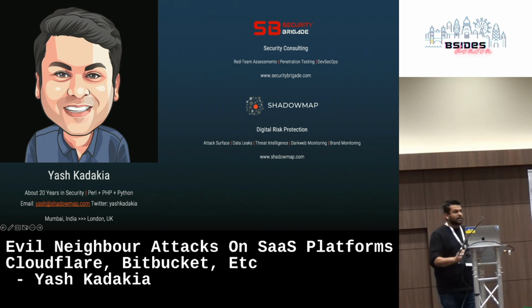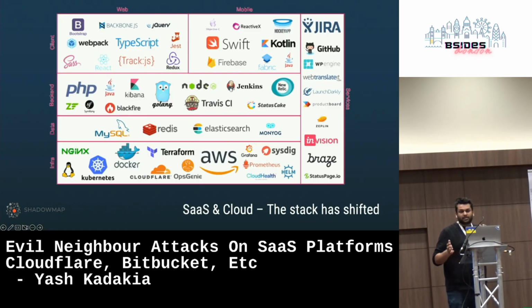So as part of our red teams, right, we run across a lot of really interesting scenarios. And SaaS and cloud has sort of changed the stack that we typically deal with, right? I've spent about 18 years doing red teams now, and traditionally red teams were always oriented towards your traditional perimeter, right? You're looking to get onto Active Directory, you're looking to do lateral movement once you get onto the network and sort of go from there, right? In the last couple of years, we've been doing a lot more red teams that are startup oriented, so a lot more SaaS oriented, a lot more cloud oriented, a lot more AWS. And it sort of changes things in terms of our approach and what we typically do in a red team, right?